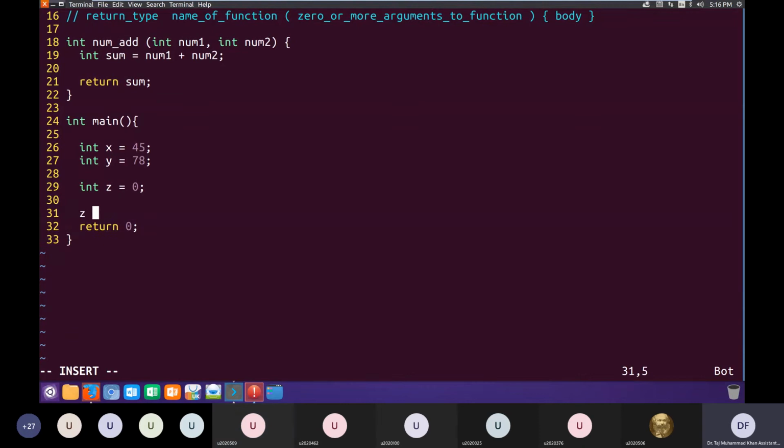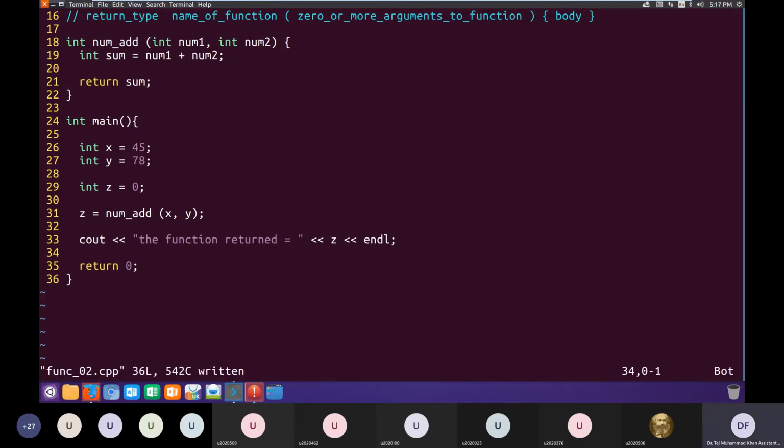Now here we do z is equal to, I call this function, num_add in, x, y.